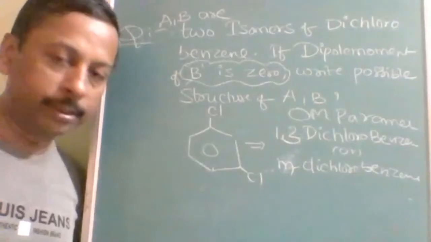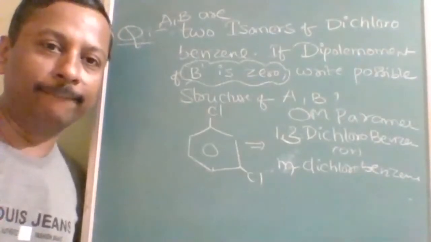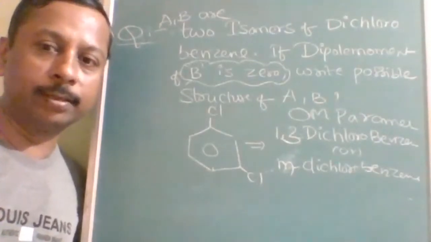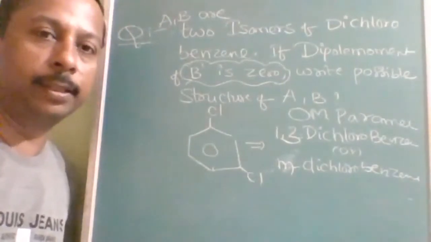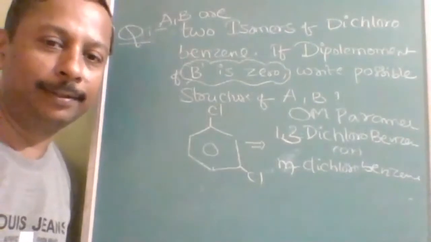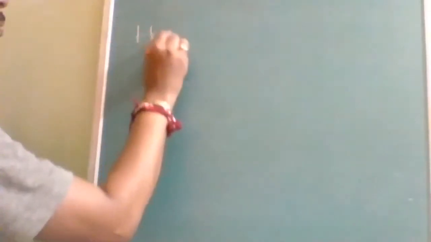Number of possible structures of A is how many? 2. Number of possible structures of B is only 1. Is it a clear application of dipole moment? Now, as you are preparing for the advanced examination, I will give you an advanced level question, integer type. Okay, write down how many